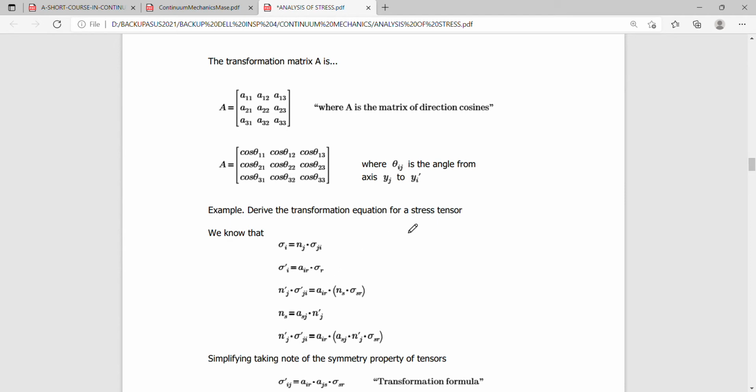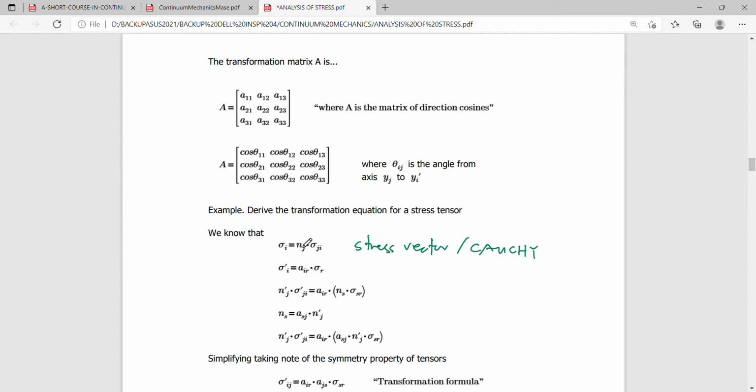We need to convert a stress tensor described in the original set of axes to the new set of coordinate axes. So we know that from the stress vector formula, or the traction vector formula, which is actually also known as the Cauchy stress equation or formula,